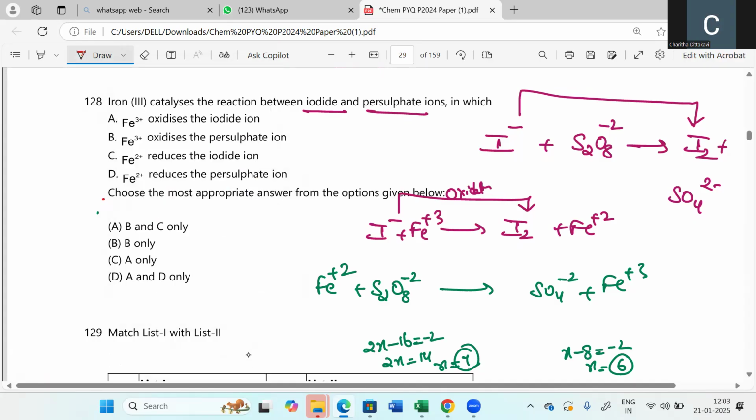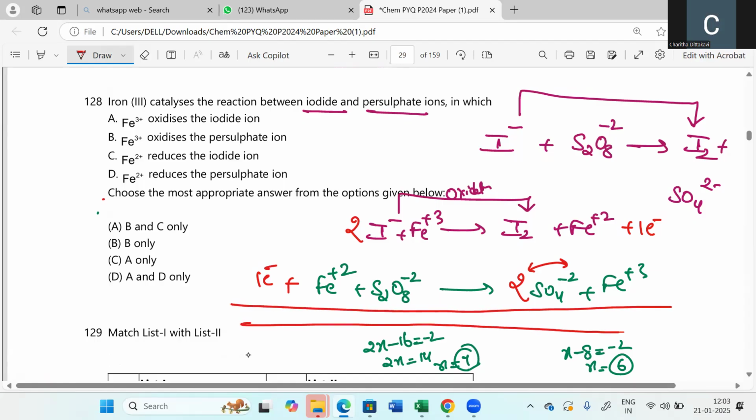I minus to I2, let me put this as 2 here, and Fe is fine, minus 2 plus 3 is plus 1 and plus 2 here, so plus 1 electron I am putting on the right side, and then same again here, S2O8, I am putting 2SO4 minus 2, Fe+2 and S2O8 minus 2, charges are neutral on my left side, and then minus 4 here, as you can see my cursor, minus 4 plus 3, minus 1 charge on the right side, so 1 electron on the left side. So directly the electron can be cancelled,